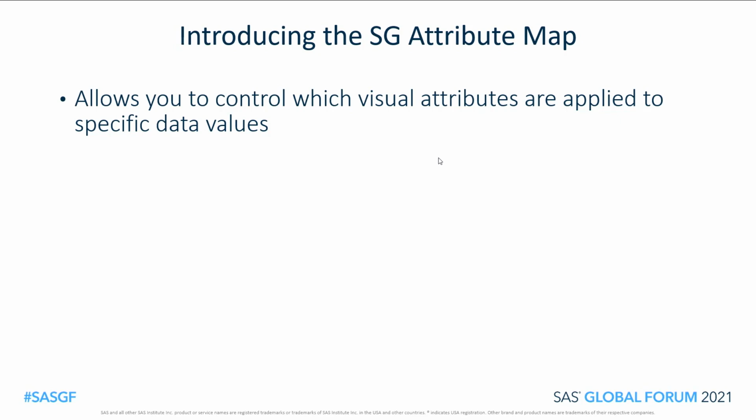The first value in the full data set happened to be Asia, and so it got the attributes that are supposed to be associated with the first group. So in some sense, that's a bit arbitrary. What this allows us to do is take control of this assignment process and specify the exact mapping instead of allowing it to be arbitrary.